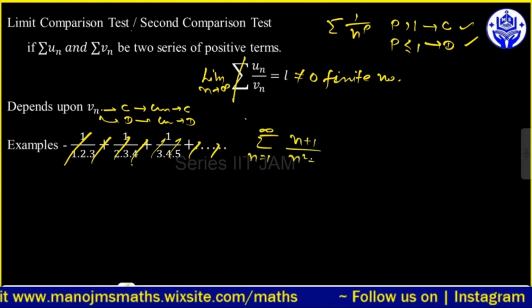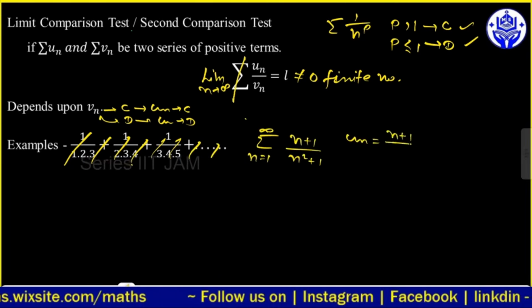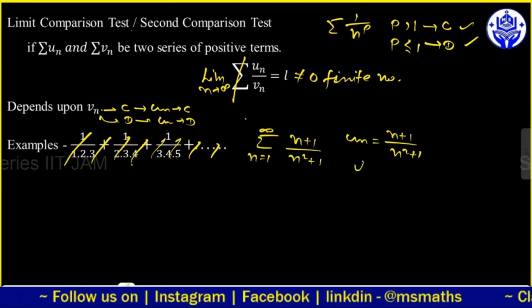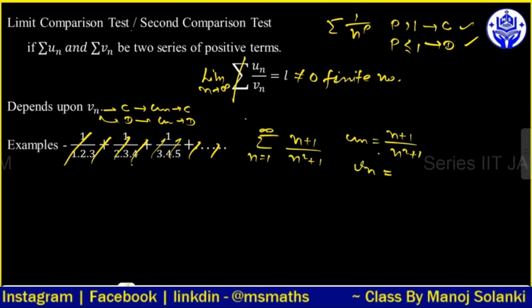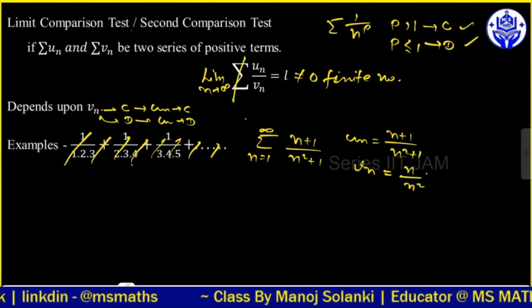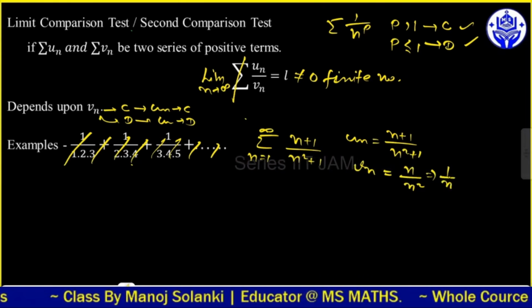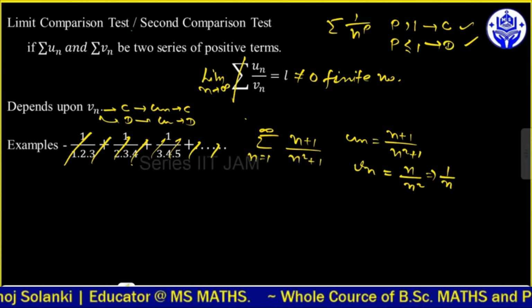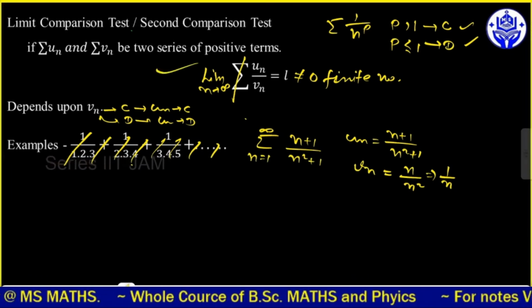n+1 अपॉन n²+1। अब इसमें क्या हो रहा है, हम un को लेट कर रहे हैं n+1 अपॉन n²+1। ये जो हमारे पास में un है, और अब हमको vn कंसिडर करना है। तो देखो vn जब भी कंसिडर करते हैं तो आर्बिट्री कॉन्स्टेंट्स जो होते हैं वो उसको हटाने होते हैं। तो यहां से मैं आर्बिट्री कांस्टेंट को रिमूव करता हूं तो n/n² बन रहा है, यानी कि 1/n आ रहा है। और यहां से हम सीधा पता लगा सकते हैं कि ये सीरीज कन्वर्जेंट है या डाइवर्जेंट है बाय द पी टेस्ट। बट उससे पहले वी हैव टू चेक अबाउट द लिमिट एंड टेंस टू इनफाइनाइट।